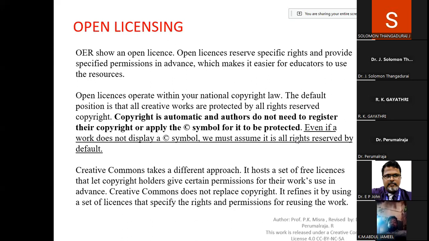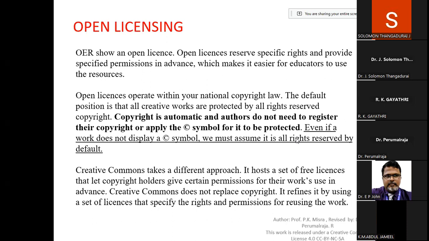If content is not open licensed, again we need to face the consequences of copyright. That is the reason we tell you to mention the open license in the material itself. Then it is available to anyone so they can use it for their purpose. That makes the permission specified in advance. There is no requirement of getting permission from someone to utilize their PPT or material.